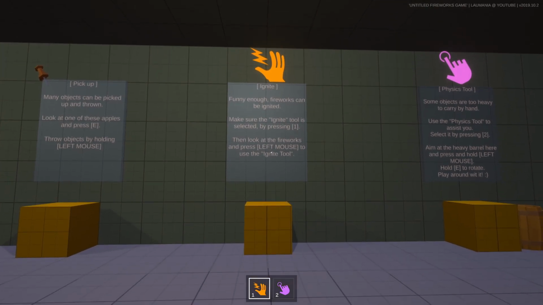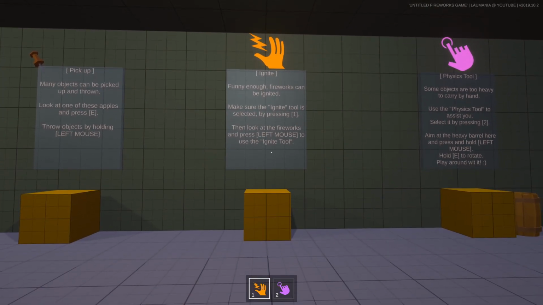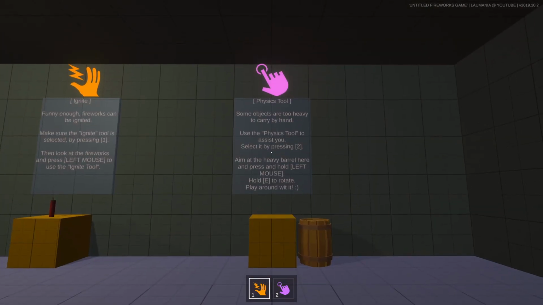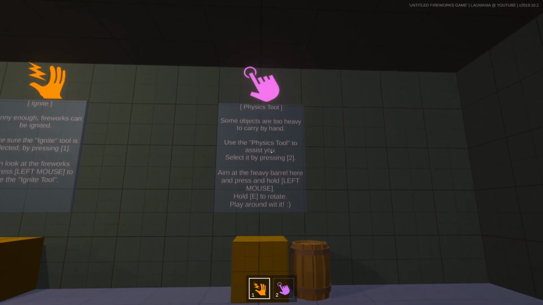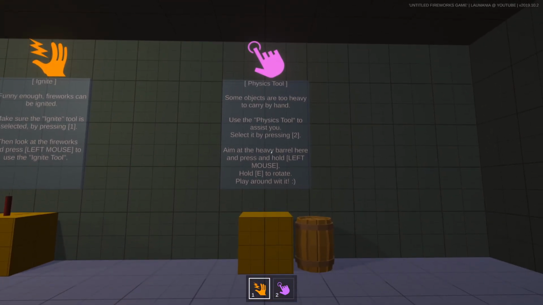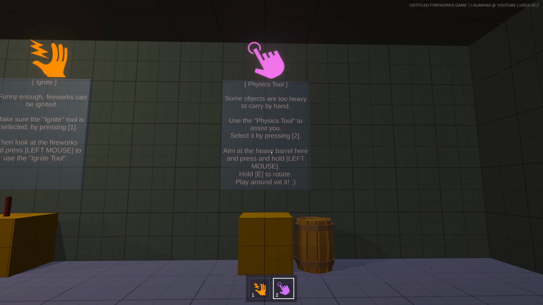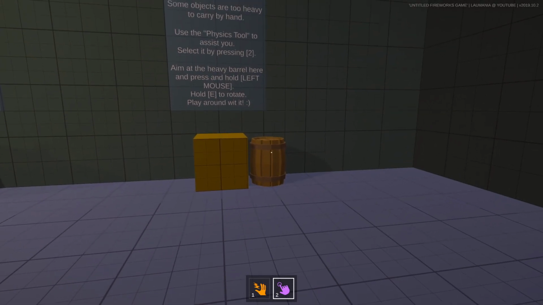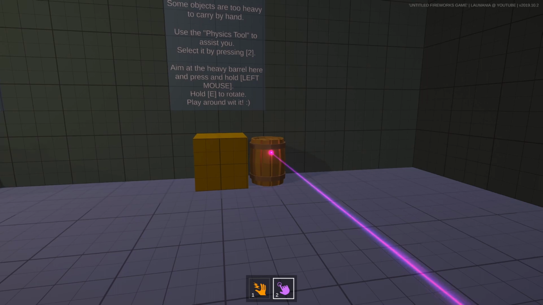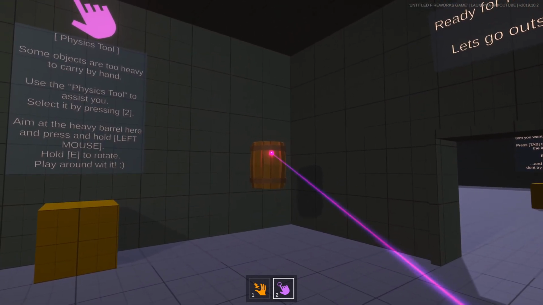So now the player knows how to ignite fireworks. The last one is about the physics tool, because some objects are too heavy to carry by hand, so therefore we have this physics tool. If we switch to number 2 here, we can look at an object, we can left click, and then we can carry it around. And by holding E, we can also rotate it and thereby place it